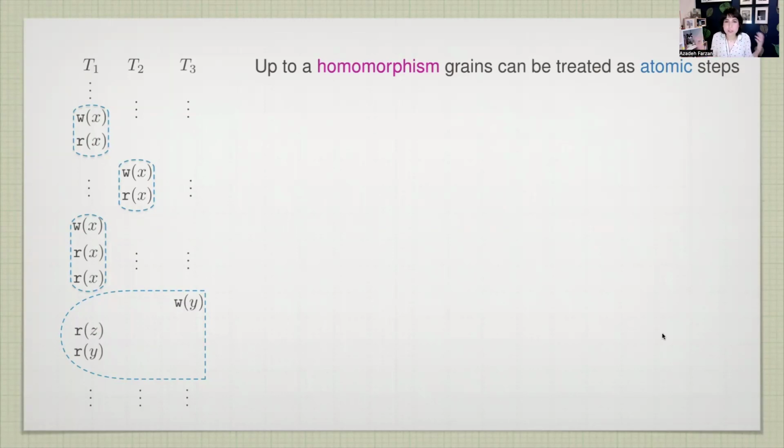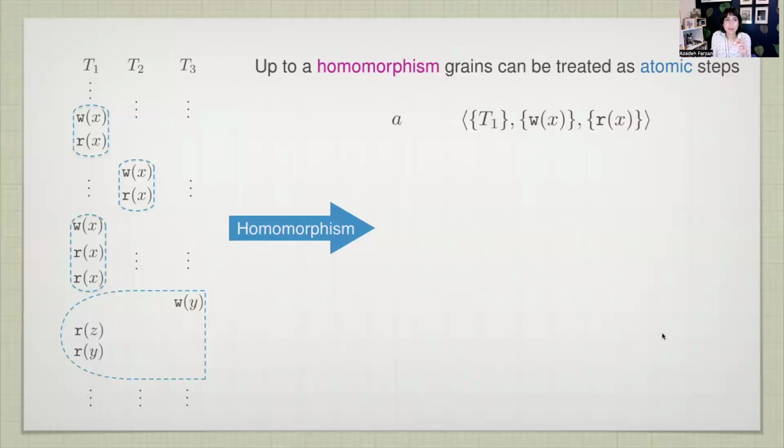So the first observation is a very classic language-theoretic one: if you make a particular choice of grains, like the ones that are marked in this figure, then you can, up to a homomorphism, pretend that these grains... I guess classically in language theory this would be called an inverse homomorphism, but mathematically a homomorphism nevertheless. You can pretend that these choices of grains are effectively new letters in a new alphabet. So I can pretend that the first grain on the thread is a new letter A. The second one is a new letter B.